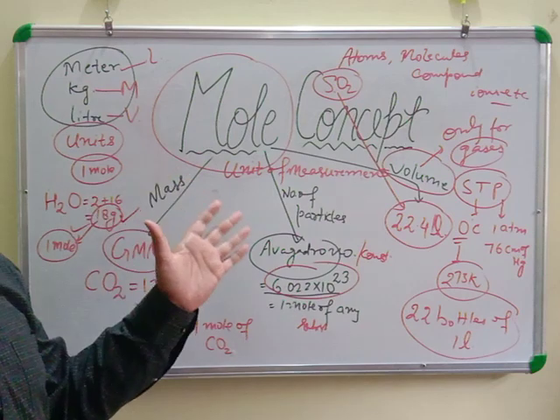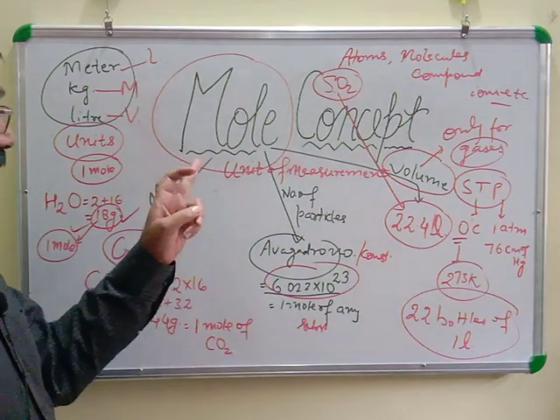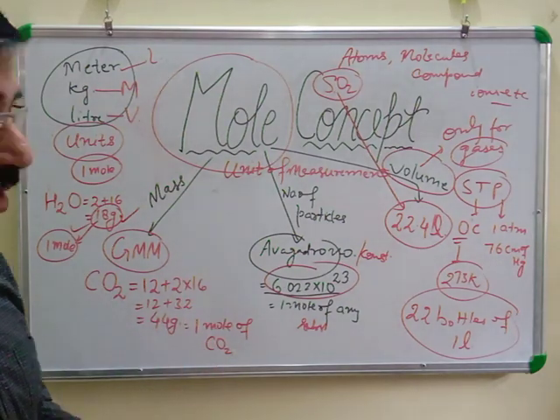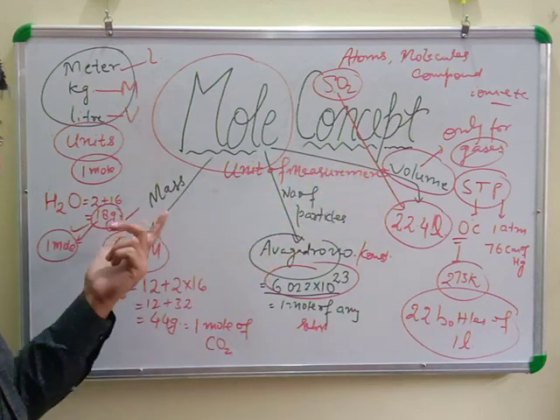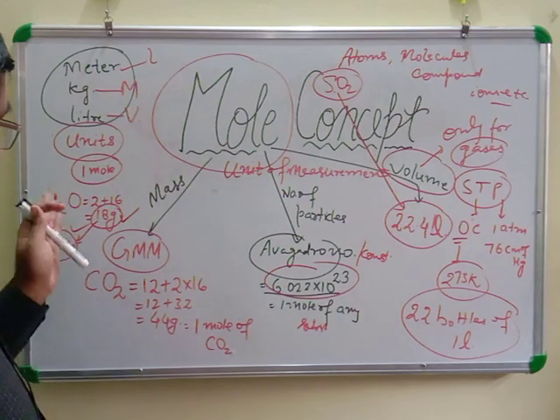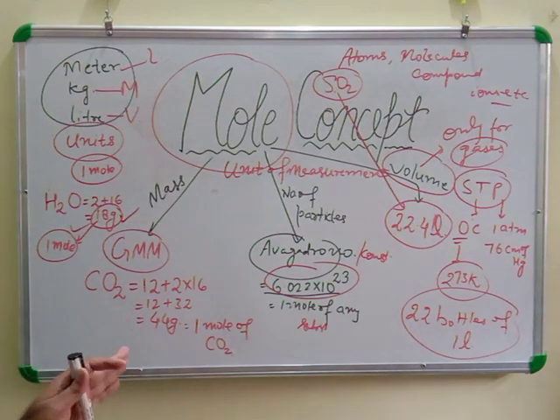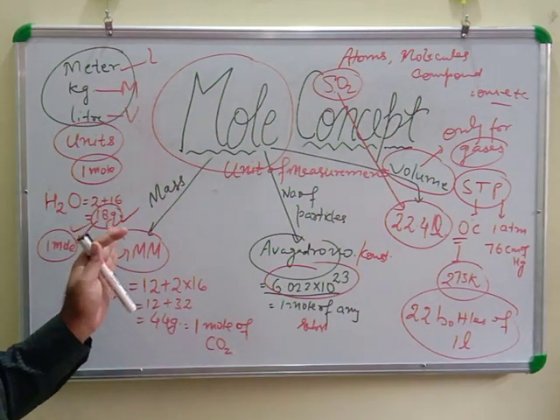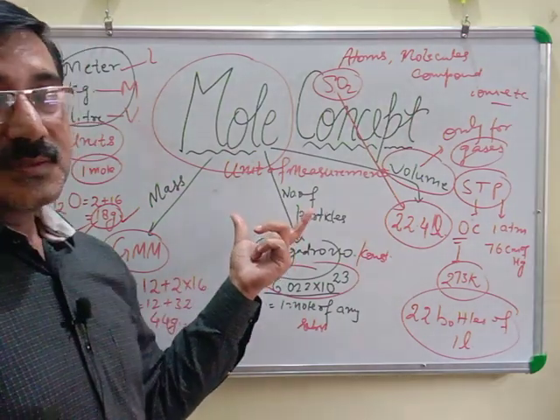So I believe what is 1 mole is simple and easy to answer. Let me summarize. So I said it is a unit of measurement. What is the measurement done with this mole? We measure mass, particles, volume. So mass is gram molecular mass. For a compound like carbon dioxide I have taken, water I have taken, you can take any other compound also, you get its gram molecular mass. So molecular mass would be different. Like I have taken CO2 44 gram, for water is 18 gram. So it is 1 mole of these two different compounds. I took in second thing, number of particles.